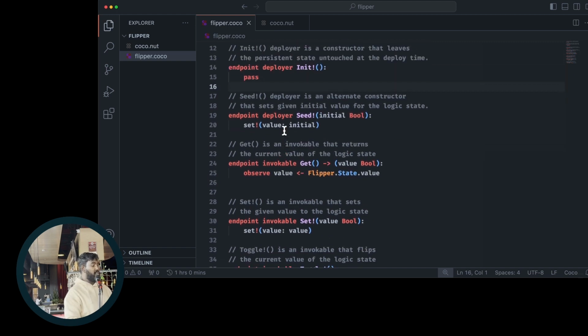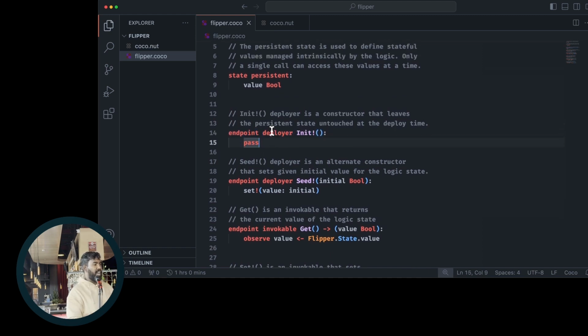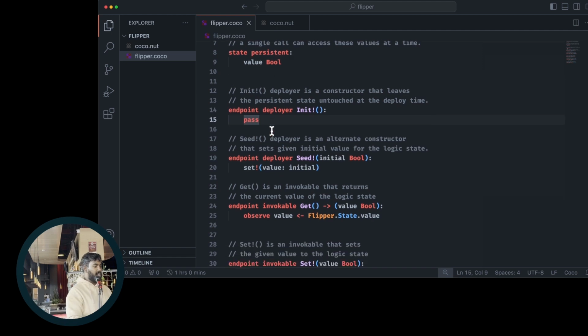So as of now, you have two kinds of endpoints, deployers and invocables. And when you want to write a constructor for an ephemeral state, you'd use enlister, and for interactable calls, you'd use interactable, right? When those eventually come around. So in this case, my constructor does nothing. Coco and the PISA virtual machine support nil values, handling them very efficiently. There is no data type called null, but if the value is empty, it will revert to the default value for that data type, right? So in this case, I don't want to construct the state value, so I'm just passing on the constructor.